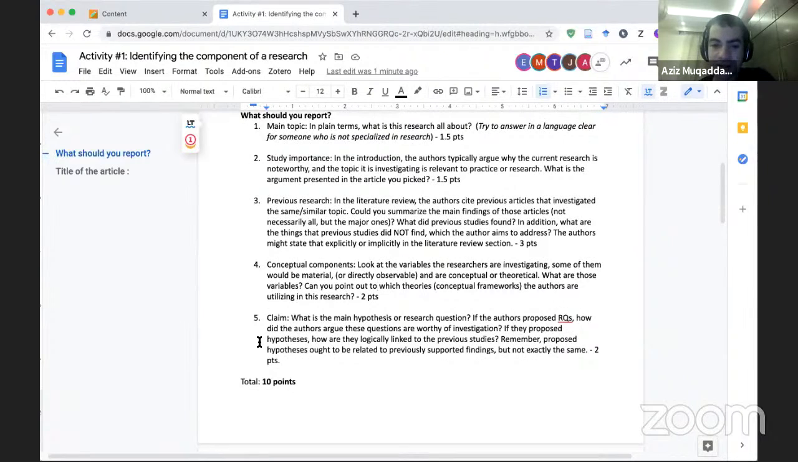And finally, what's the main hypothesis? So the hypotheses will be listed explicitly. Either you would find them on a different paragraph, where you would see hypothesis 1, blah, blah, blah, hypothesis 2, blah, blah, or they would say within a paragraph, like we hypothesize that, and then they will tell you what they are hypothesizing